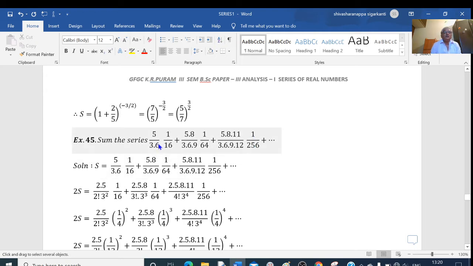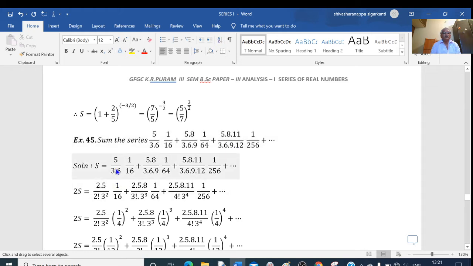Okay, first what I do here is, so these are the terms here, 3, 6, 3, 6, 9, 3, 6, 9, 12. In these terms, I will write this 3 as 3 into 1, 3 into 2. That means here 2 factorial into 3 square. Here 3 into 1, 3 into 2, 3 into 3. That is 3 cube into 3 factorial. This 3 into 1, 3 into 2, 3 into 3, 3 into 4. So that means here 3 to the power of 4 into 4 factorial.